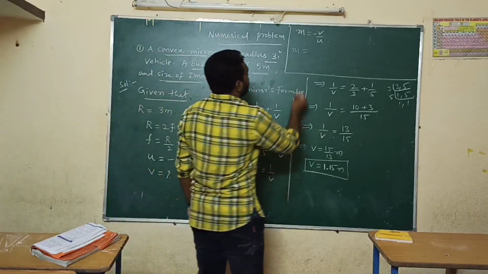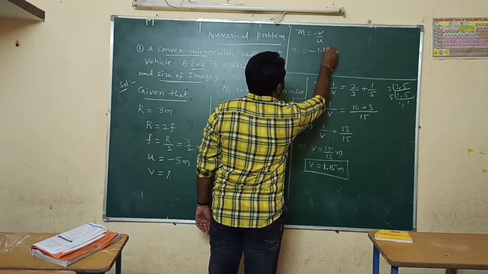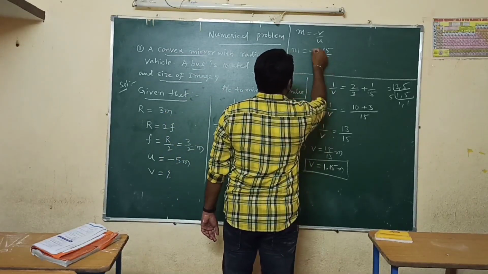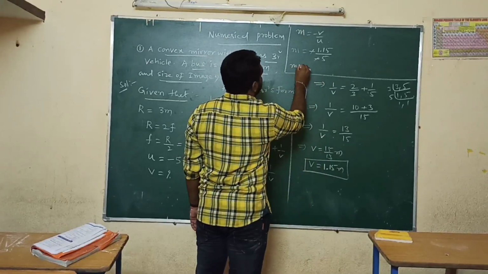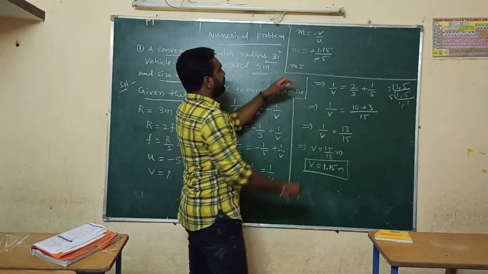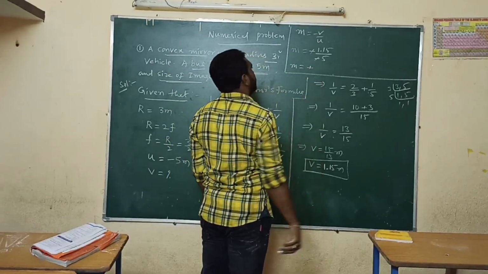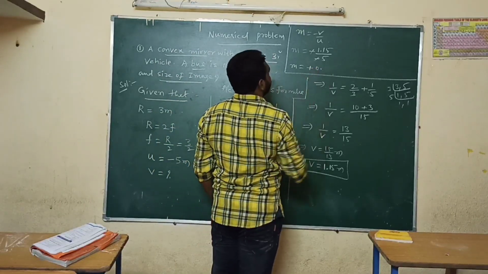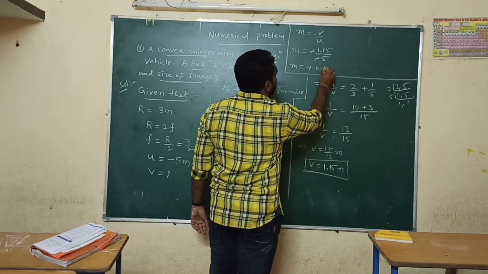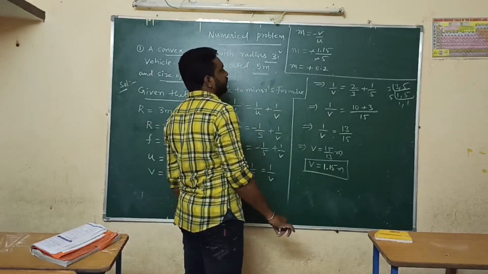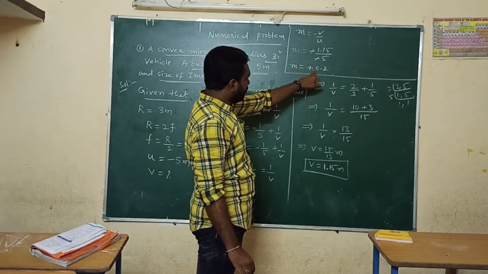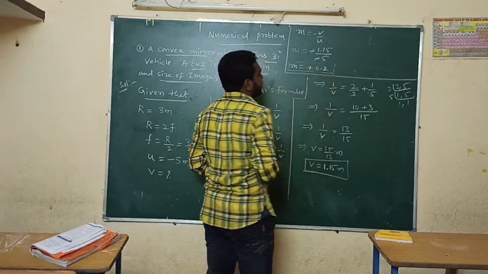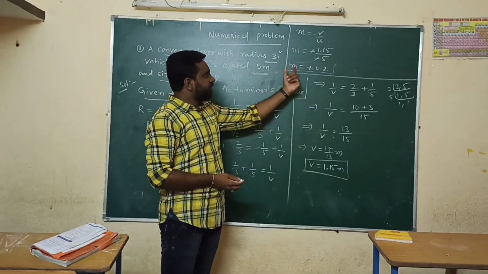So what is the v value here? We can write 1.15. And what is the u value here? Minus 1. We substitute minus 1. Minus minus gets cancelled, so we get a positive value, 1.15 by 1.5. Dividing, if we keep the point, it becomes 11.5 and 5 to 0. So this is around plus 0.2, which is enough for us. Magnification is plus 0.2.